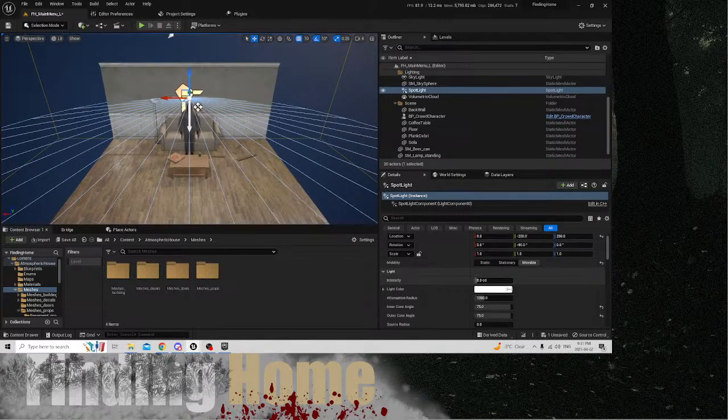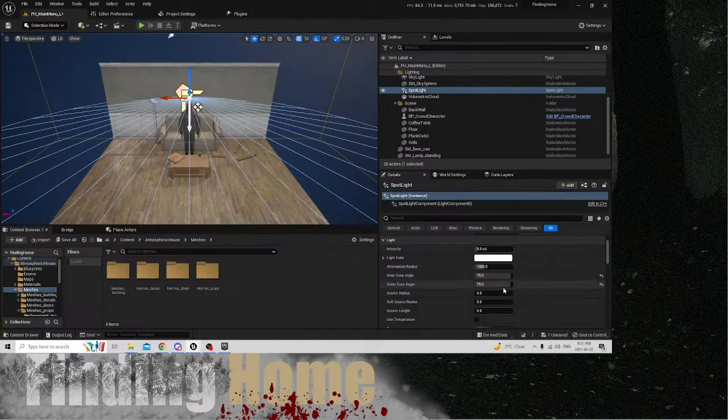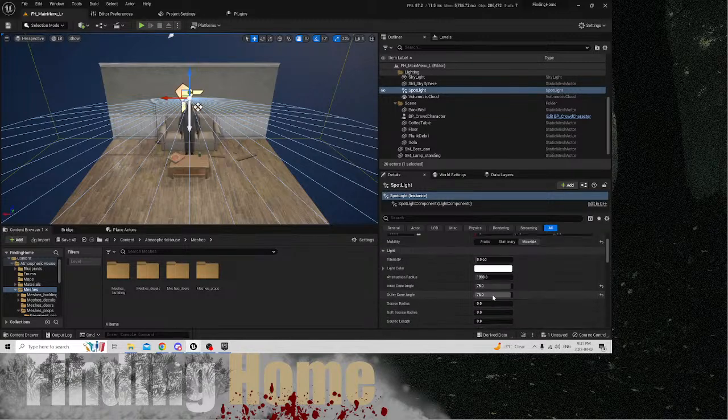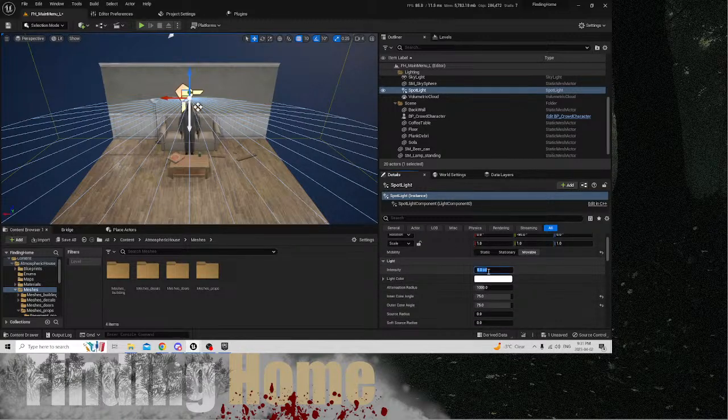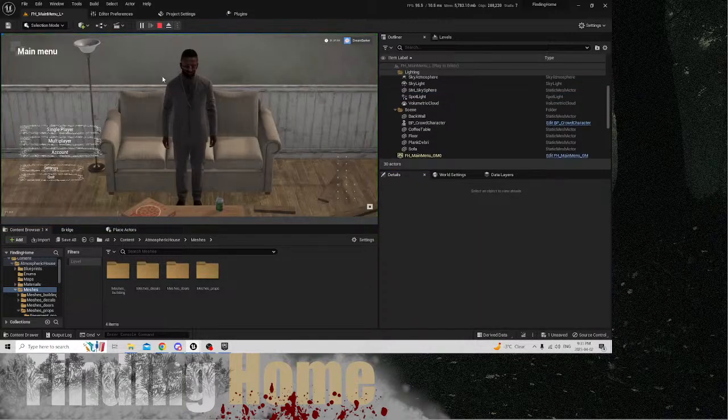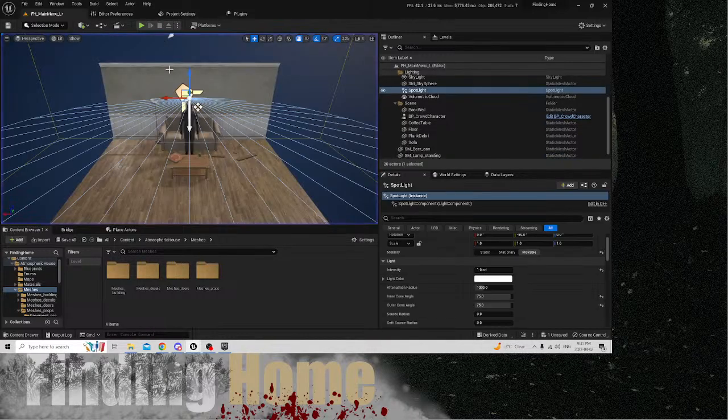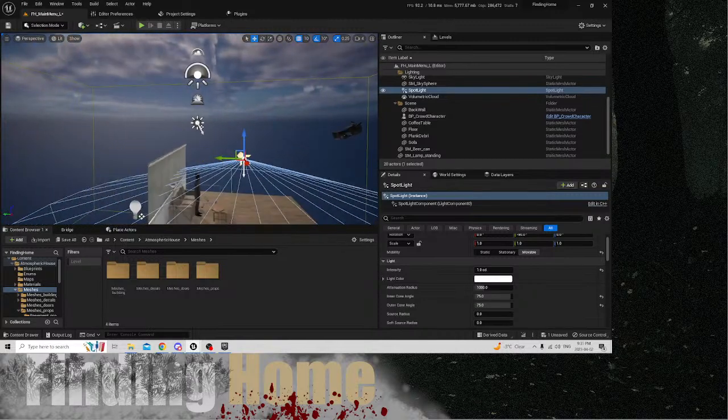We can kind of darken it down. Lumen radius to cones, fine. Intensity, make it like a 1. On that note,